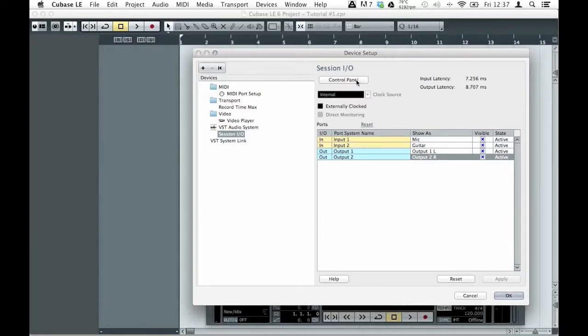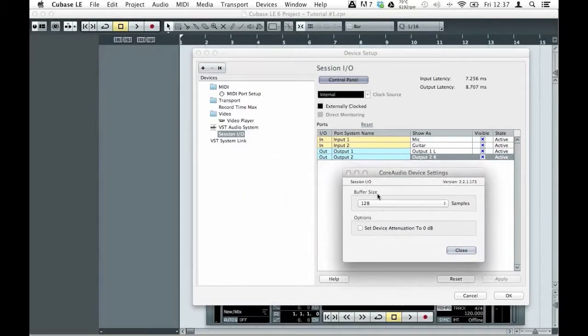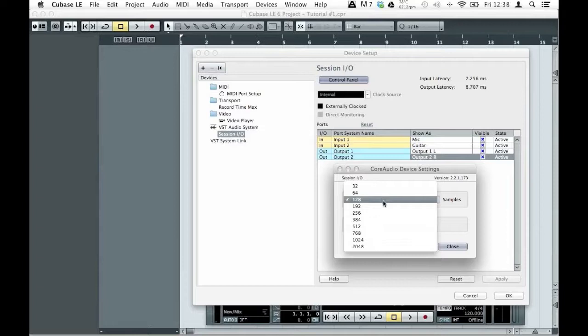So we go to the control panel, which is kind of essential for setting up your audio properly, and this might look different depending on whatever kind of interface you have connected. In my case, it just lets me change the buffer size, and that's all. And basically exactly this is what we're looking for. The buffer size determines how much time your computer is given to actually process the audio. If you go for a low buffer size, you don't give your computer much time, so you have very low latency or delay. If you go for a high one, you will not use your CPU as much, but also you will